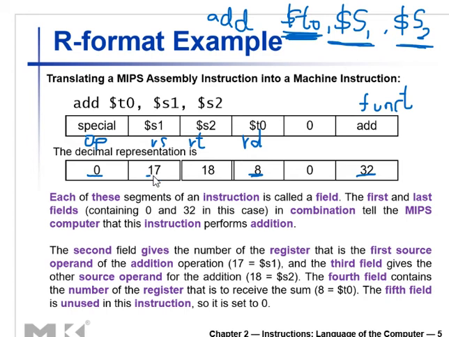S1 is 17 and S2 is 18. So you have to fill the fields with the corresponding decimal equivalent. And what is this field? This is for the shift amount. I told you we will be looking into this in another instruction, in shift instruction, in logical instructions, after 1 or 2 classes, maybe in the next class. Until now this is not a shift instruction, this is add instruction. So just write 0. Okay then.